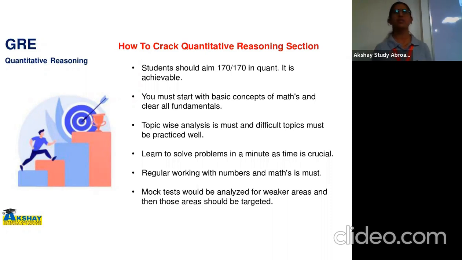So we have to go stepwise, right? Don't directly jump into the GRE quantitative books. Don't start solving the Manhattan and Barron's and this type of books. You have to go stepwise. You can start your preparation from basic concepts, like from the 7th, 8th and 9th standard book, even the 10th standard book you can use. Okay, no need to refer to 11 and 12 standard books. No need to refer even to engineering books. So 7, 8, 9 and 10 standard books are good to use for the early stages of your preparation.